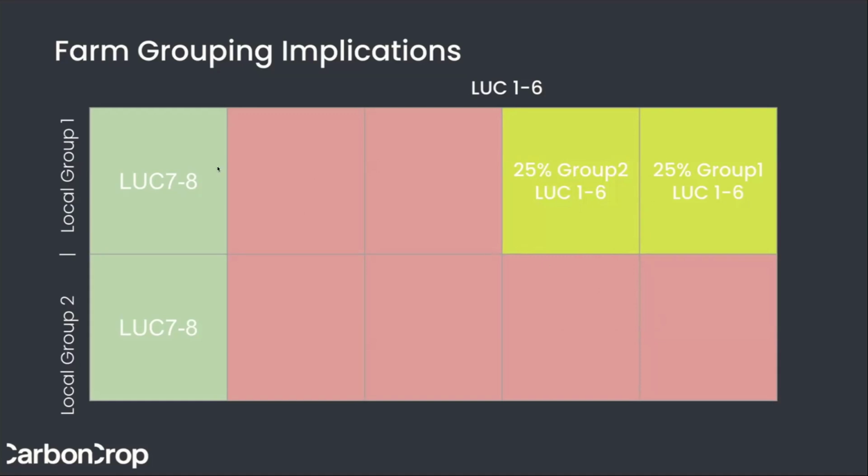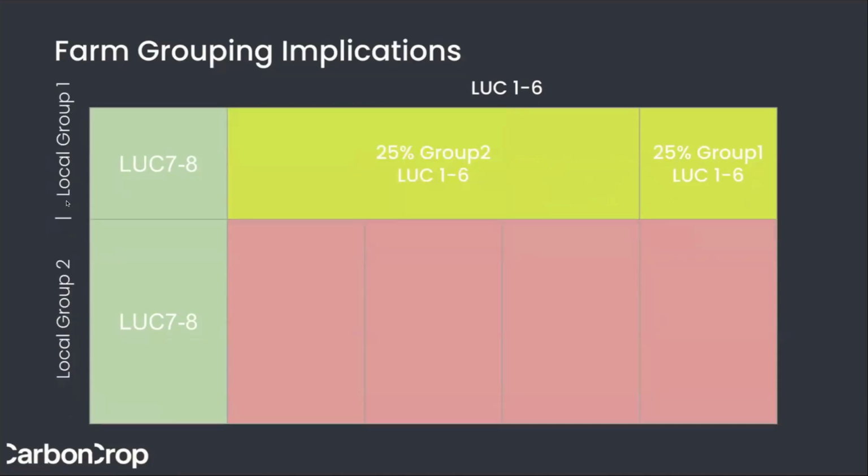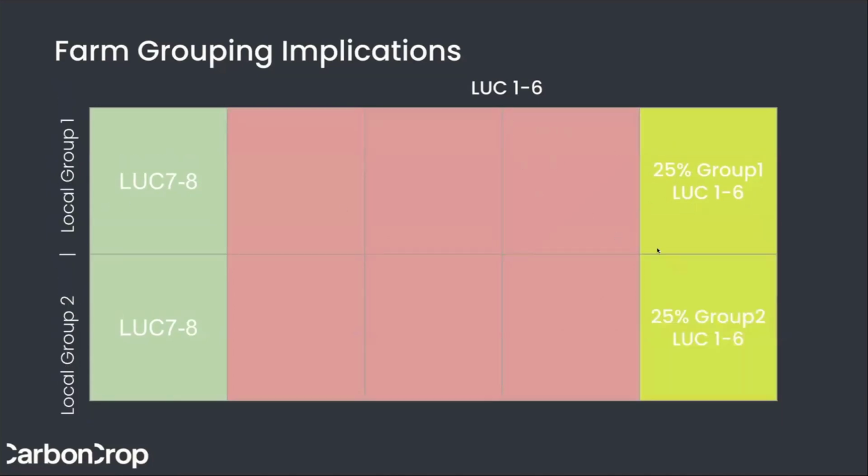The reason we don't like that idea is that under a separate scenario where these are completely separate ownership, the owner of local group 1 can't use this optimization to suddenly afforest half of their LUC 1 to 6 land. That means if forestry had the highest NPV for that land, they're going to be heavily incentivized to sell their land to a major corporate landowner rather than continue to farm it themselves. And this seems actively contrary to the intent of the policy. So we think it's important to allow for this. I would say that the incentives to do so for major corporate developers will be quite strong commercially, which means they'll probably figure out a way to, if there's not a specific barrier to doing so.